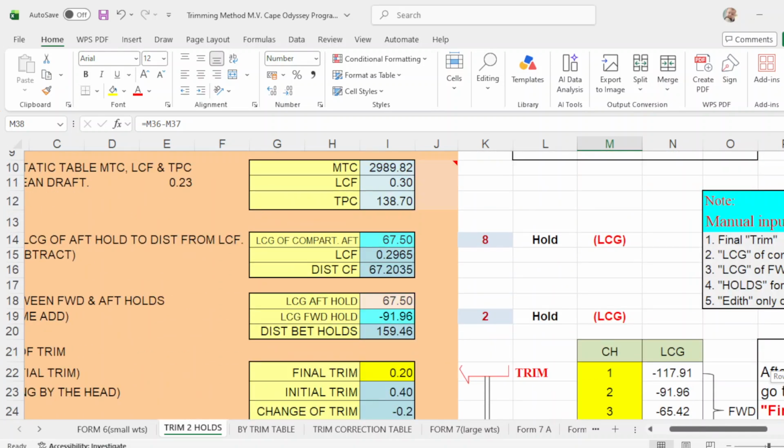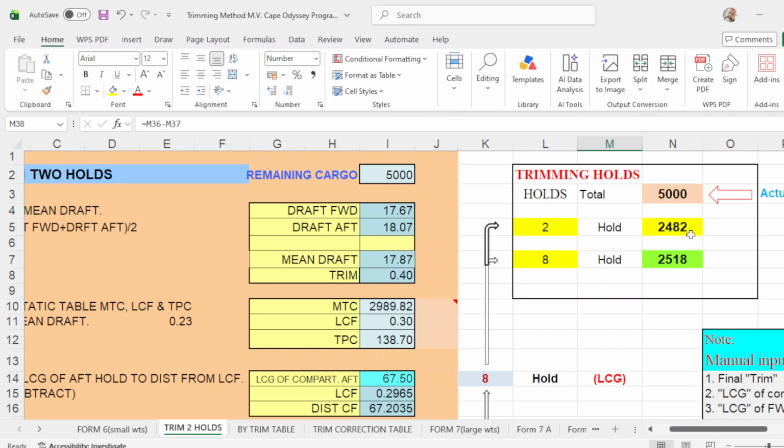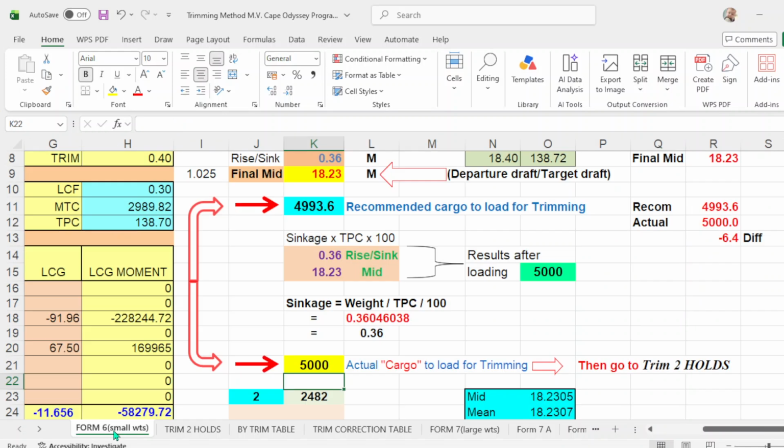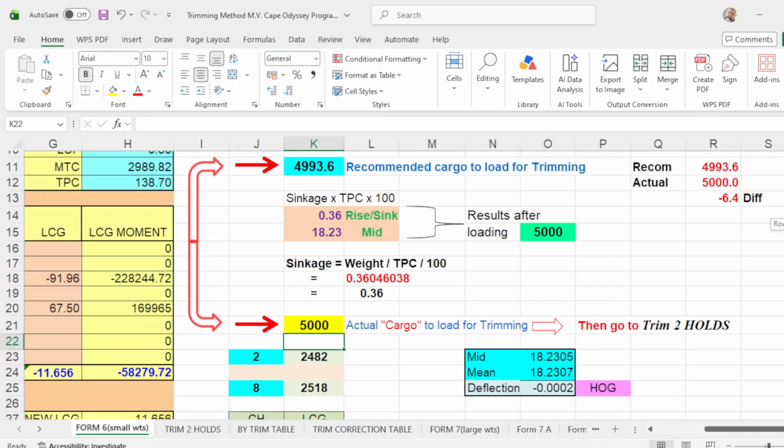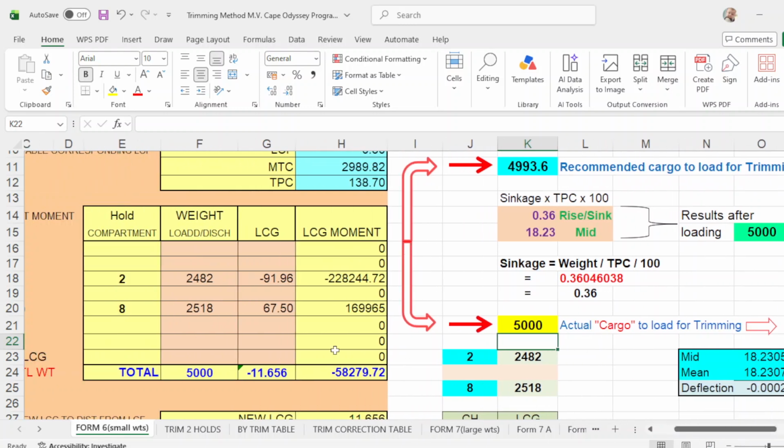Take note of the cargo. Number 2 is 2482, and number 8 is 2518. Go to form number 6, scroll down. Then in number 2, you have to load 2482, and number 8 is 2518. Okay. Then apply it to the program.